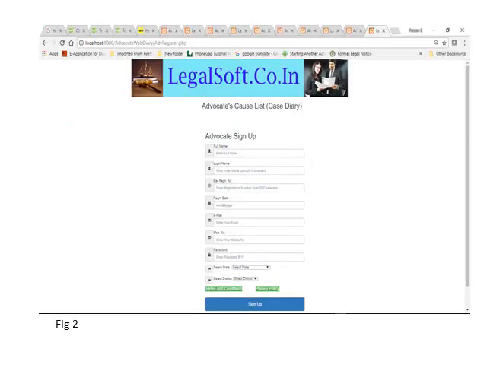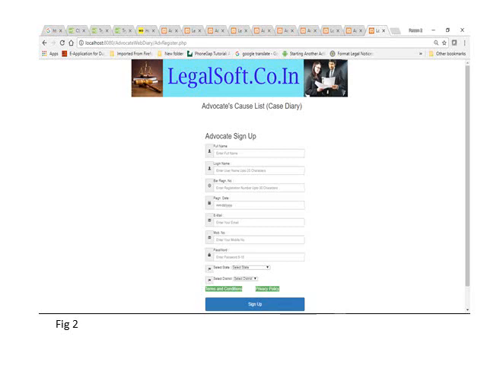In this figure, for sign up, it requires your full name, login name, bar registration number, registration date, email ID, mobile number, password, state and district of your practice.